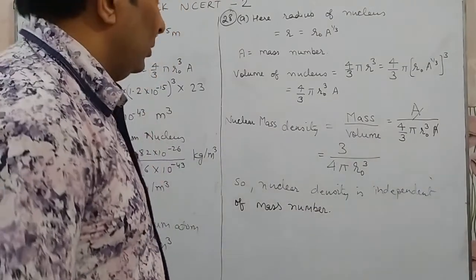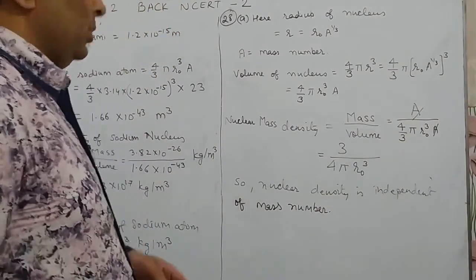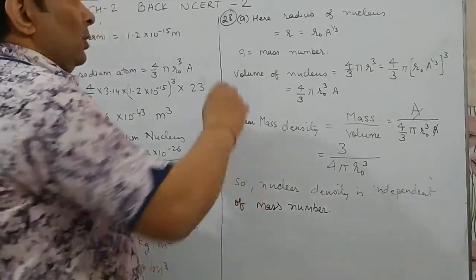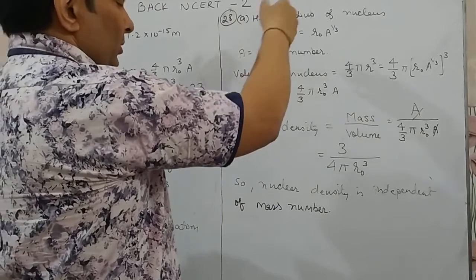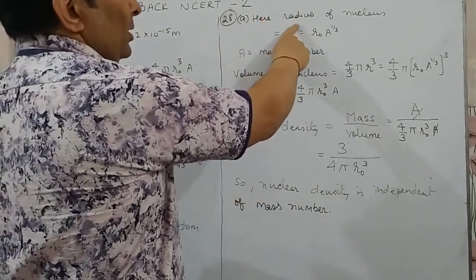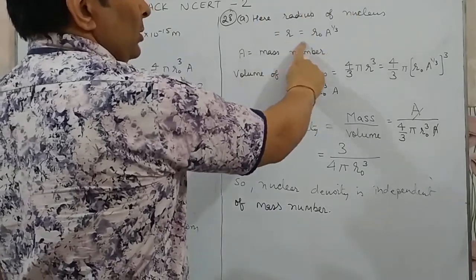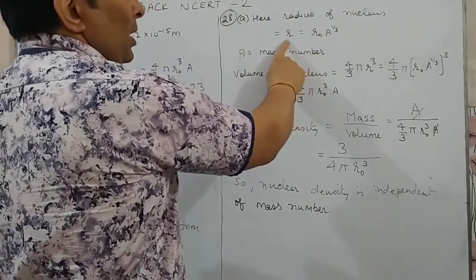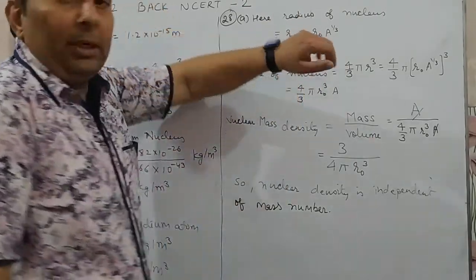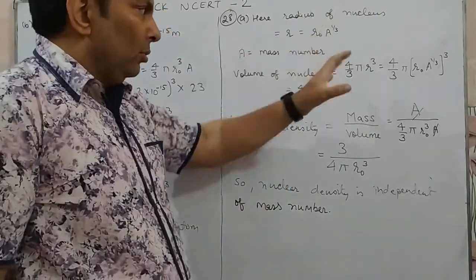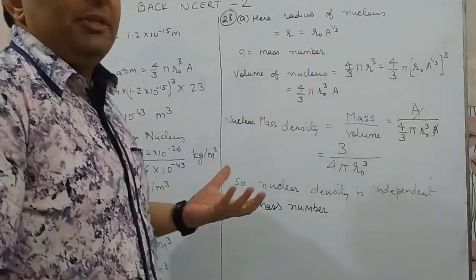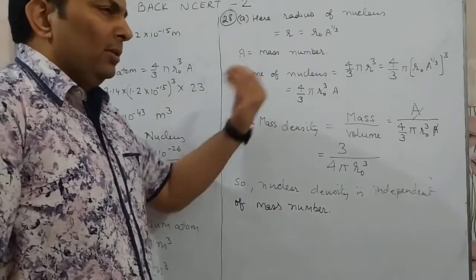Number 28. In this question, they have given us some values. Let's discuss them. First of all, we need to prove a certain result, so see the A part. They have given us the radius of the sodium nucleus, or the radius of any nucleus, as R equals R naught A^(1/3). Now let me tell you that R naught is a constant, and this whole thing you will study in class 12th. So the question is actually counted in the miscellaneous section, which is why it is coming early.